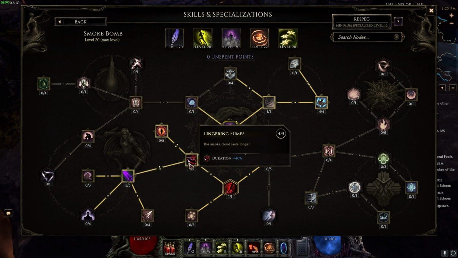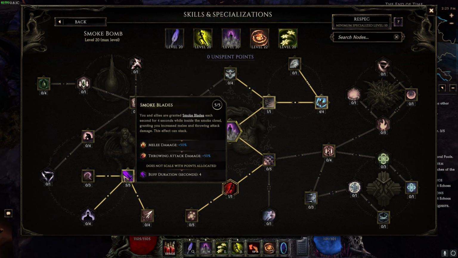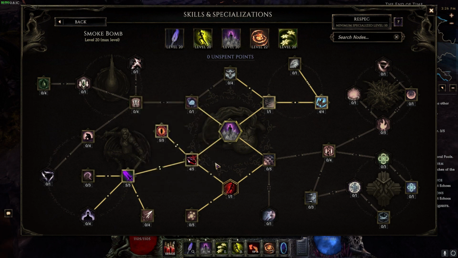And then on the left side, we went for a few things. One, we increased the duration. Two, we wanted more points in Shadow Hunter for that base crit chance with bow attacks. So while you are inside of Smoke Bomb, not only are you going to have incredible critical strike chance with your bow attacks, but with 5 points in Smoke Blades, you're also going to get 50% more throwing attack damage every second for 4 seconds, which can stack. So you can get up to 200% increased throwing attack damage just for standing in Smoke Bomb for 4 seconds,